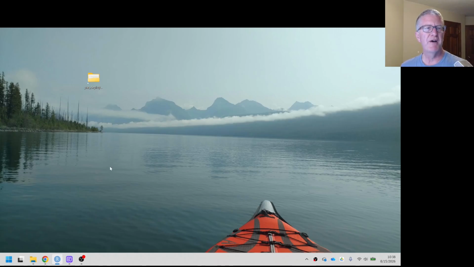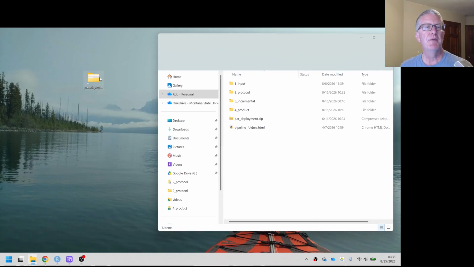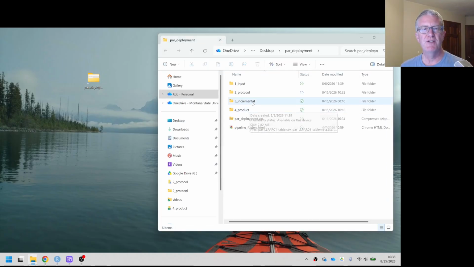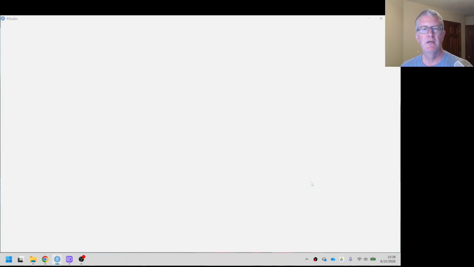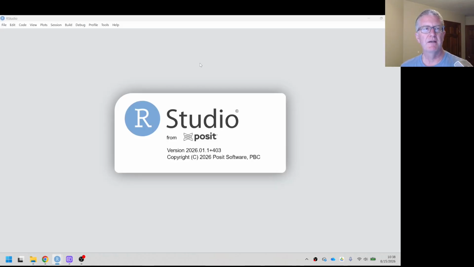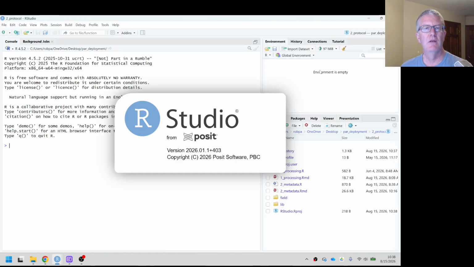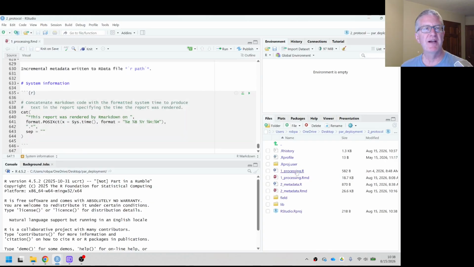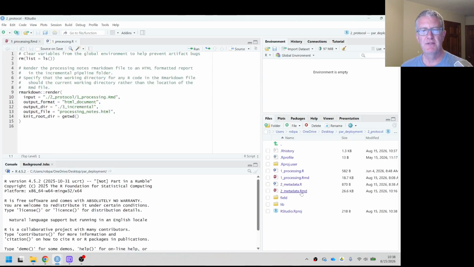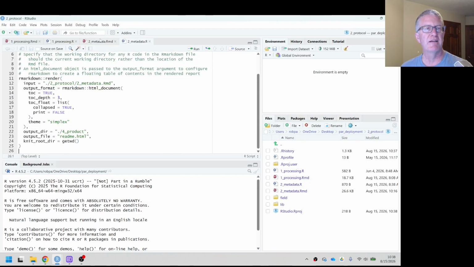For a couple more final touches on this project, I want to open up my project from a fresh RStudio session. So I'm going to go into my protocol folder, click on my R project file, open up a fresh R session, and you'll see why in just a minute. I want to look at both my processing scripts, my processing Rmarkdown file, and my metadata Rmarkdown file that's generating